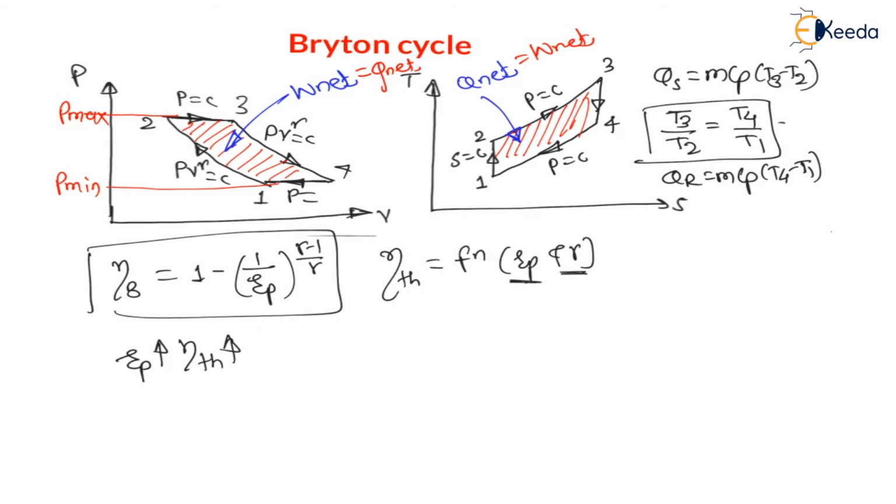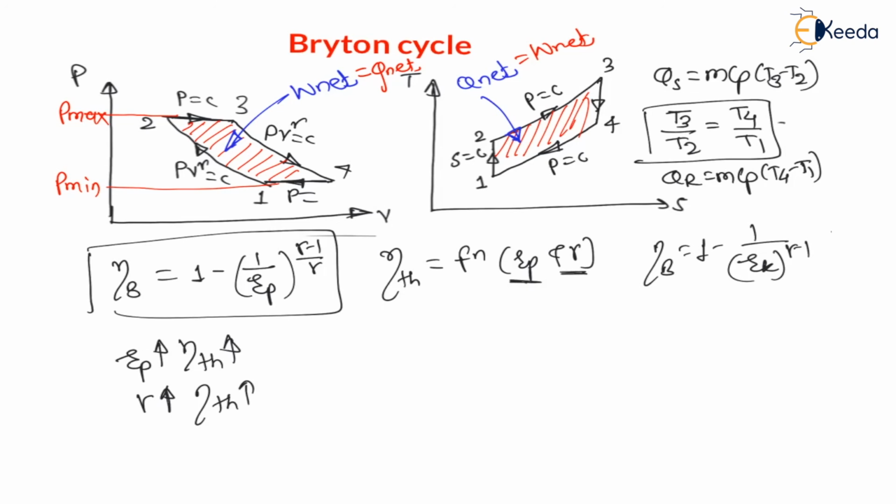Now check here, as gamma increases, can you say here this term will decrease? As gamma increases, 1 upon Rp means denominator will increase. What is the efficiency in terms of compression ratio? Efficiency of Brayton cycle is equal to 1 minus 1 upon Rk raised to gamma minus 1. Now 1 to the power anything is 1, but here denominator power is increasing, as gamma is increasing, therefore this factor is decreasing, and 1 minus this factor is increasing, therefore thermal efficiency goes on increasing. Therefore, to increase efficiency of Brayton cycle, we have two options: increase the pressure ratio or increase the specific heat ratio gamma.